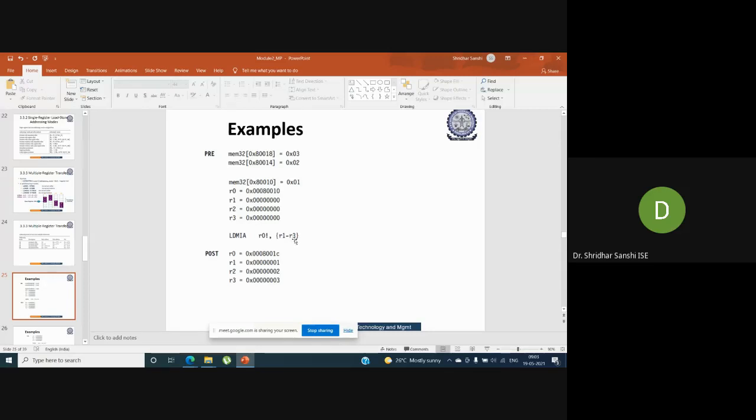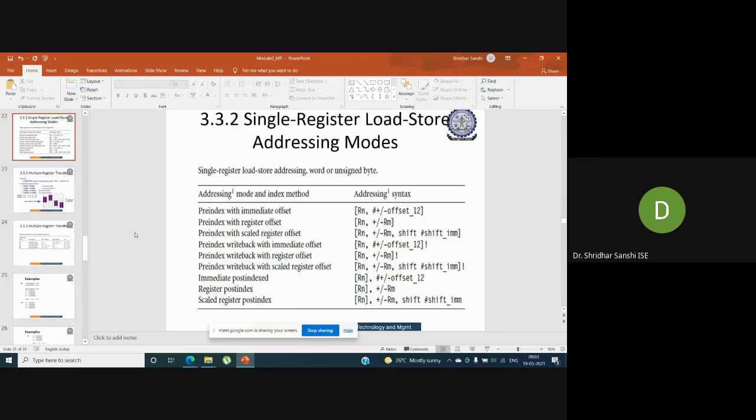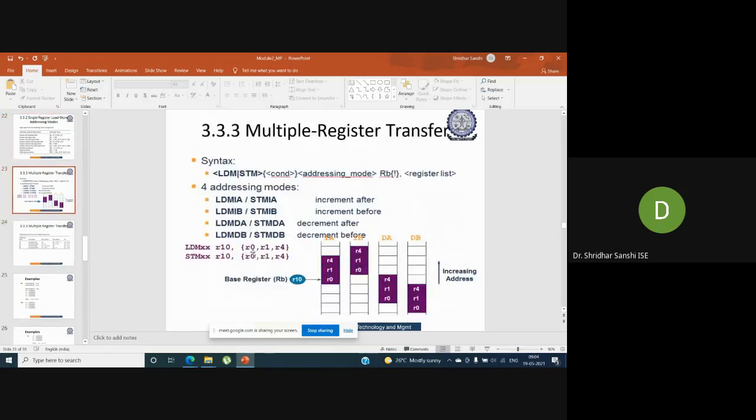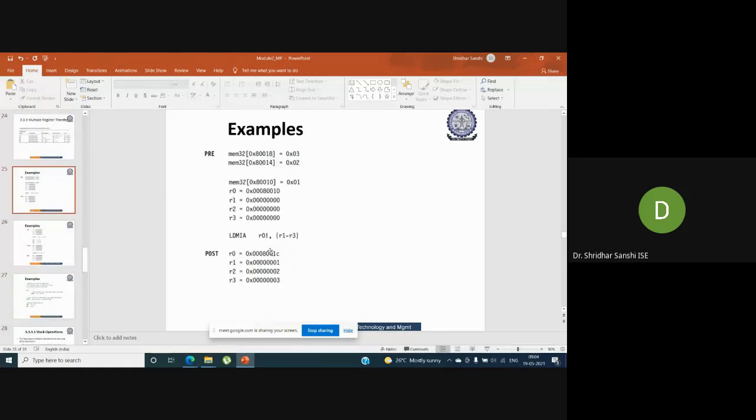Instead, you can specify individually by R1 comma R2 comma R3. Or R0 comma R1 comma R4. Since it is not continuous, you specify with commas. If the registers are continuous, then you can specify with a range, that is R1 hyphen R3.